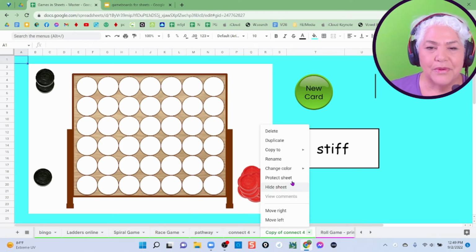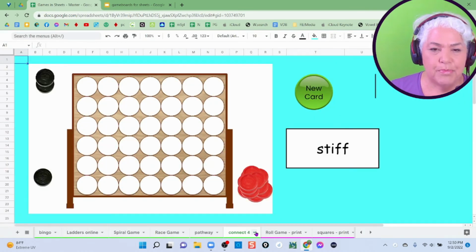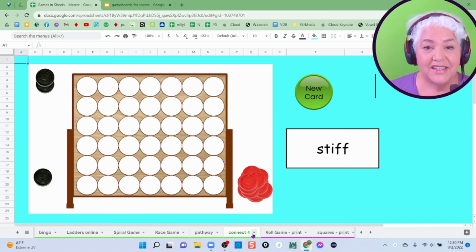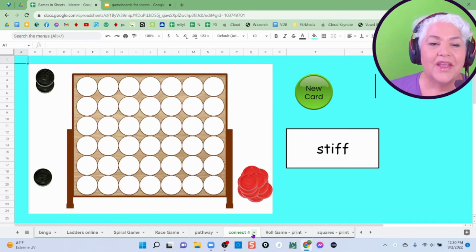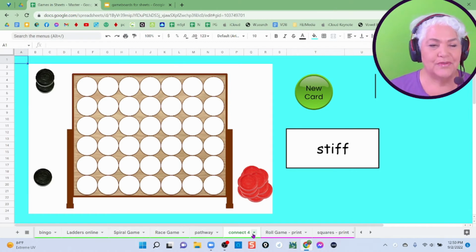And I just come through and delete. You see this here? Delete that sheet. So keep one, but you can make a copy and play on it and then delete it. You don't have to worry about moving anything back. Okay, those are the games that you can play virtually over Zoom or Meet or whatever you want to do